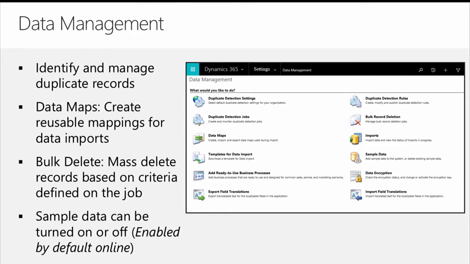If you want to do a mass delete on records, you can set up reusable job criteria that you want to work with and then delete this information accordingly. This is also where you can go in and turn sample data on or off. So if you're trying to get just an overview of what's available inside the application, sample data